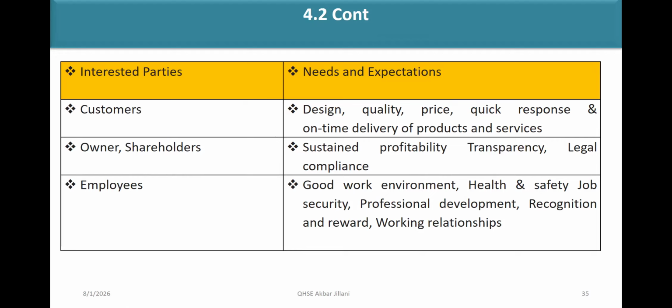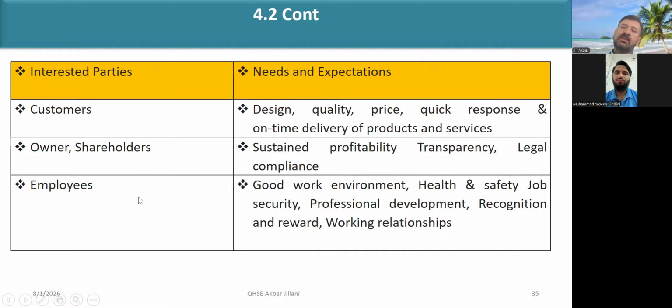You got the point? Yes, sir. So in such an organization, the employees will not be happy in their workplace. This is important. If you are working in any organization, we should consult our employees. If we do not consult our employees, then they will not work with us happily, and once they get a chance, they will leave our organization.